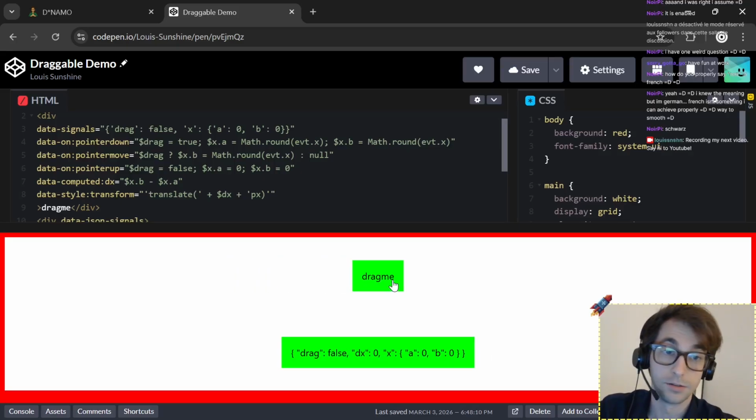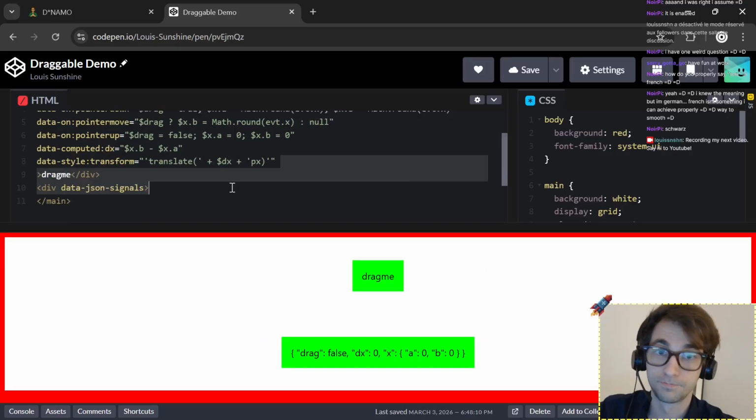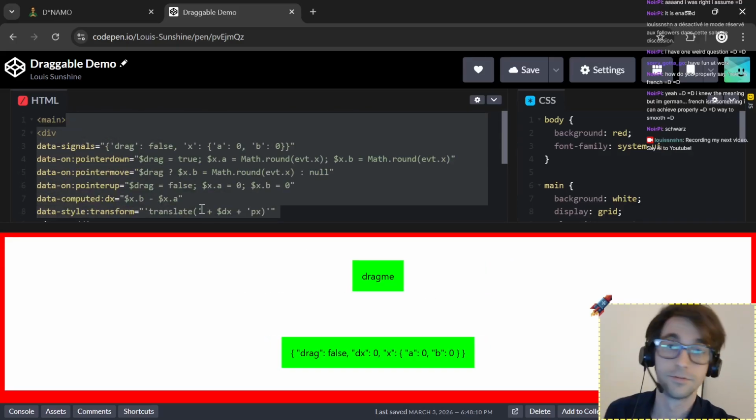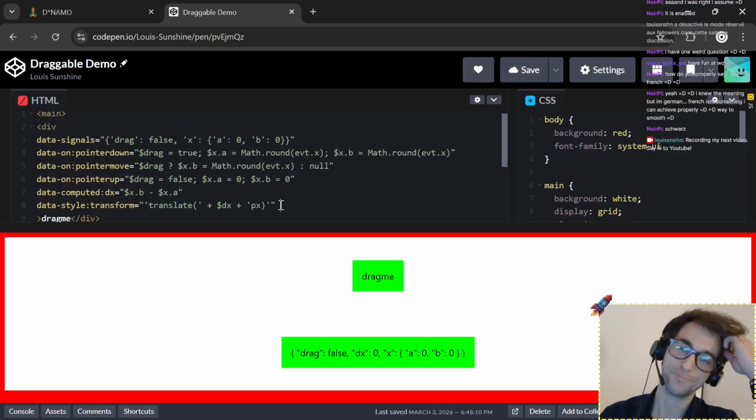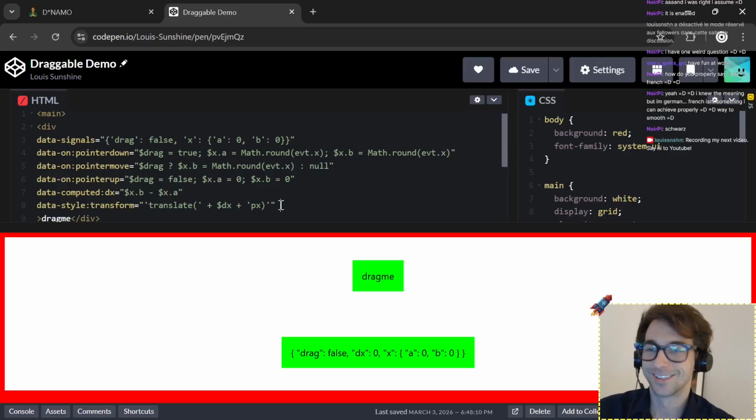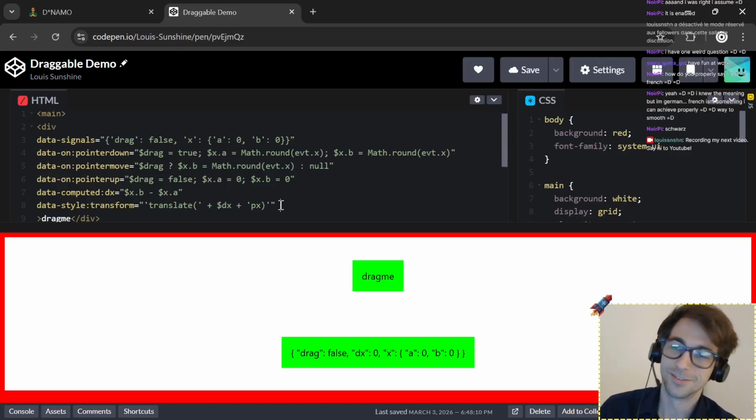As an exercise, maybe you can do it for the y-axis, but it's just 5-6 data attributes to make something draggable. It's not the best kind of draggable, but it's a nice showcase of the reactive properties of